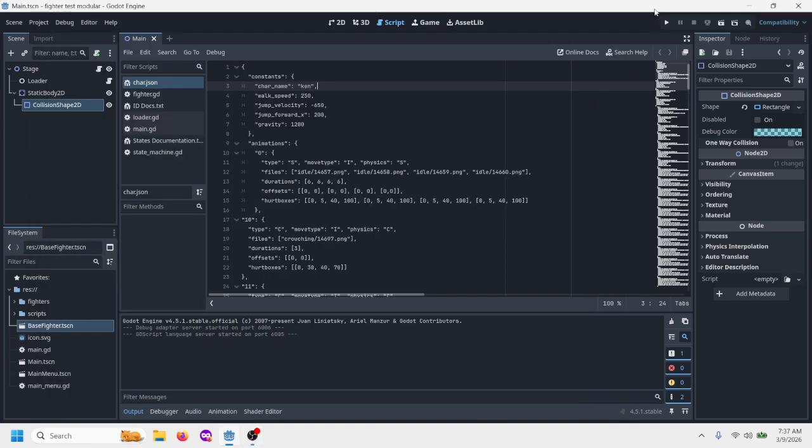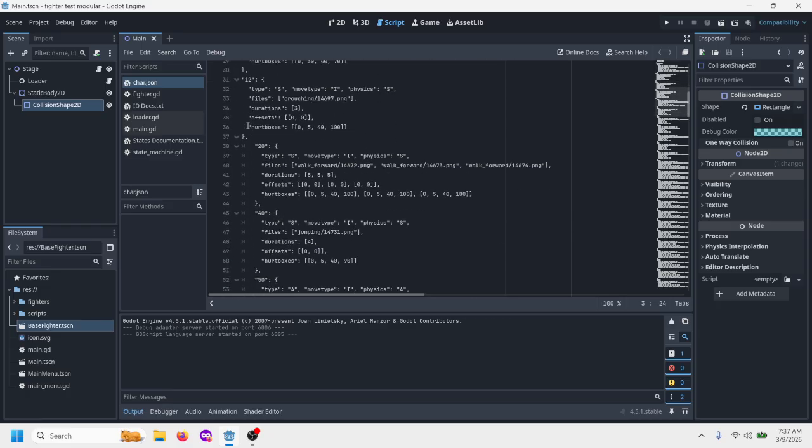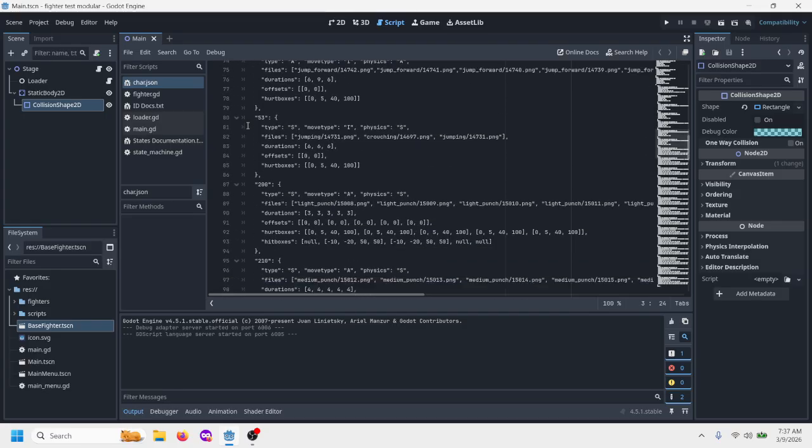Hey everyone. So we're gonna keep looking at the modular fighter. I added a new constant for character name. Again, the skeleton I'm building is very sparsely framed out, and we have some new animations right now. So we're gonna scroll on down,